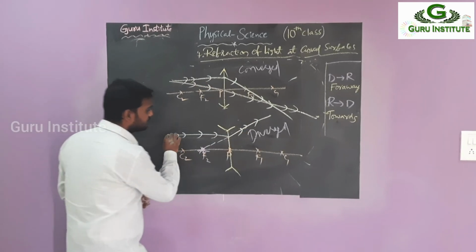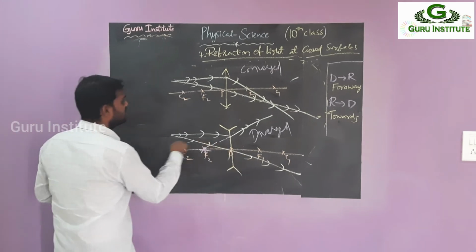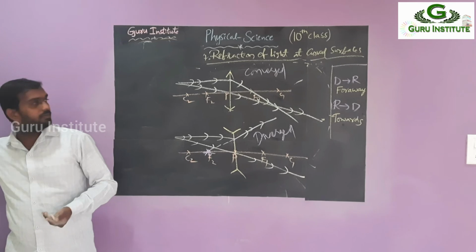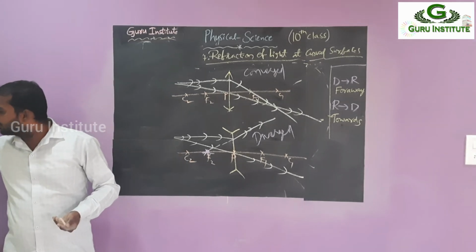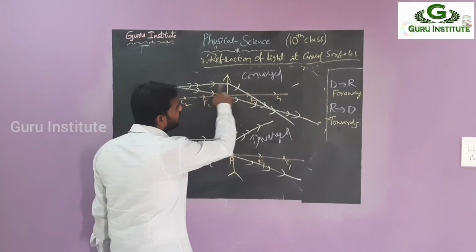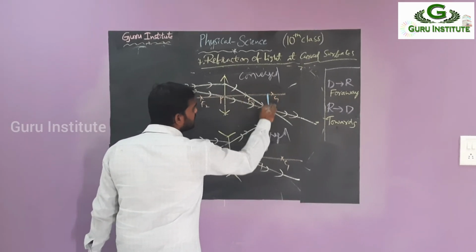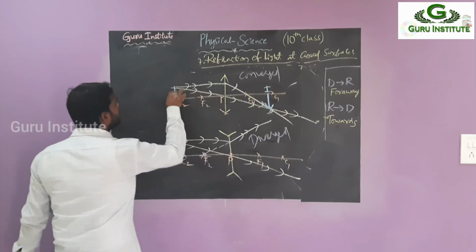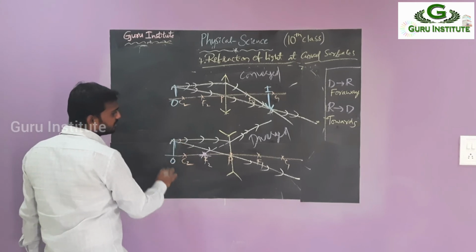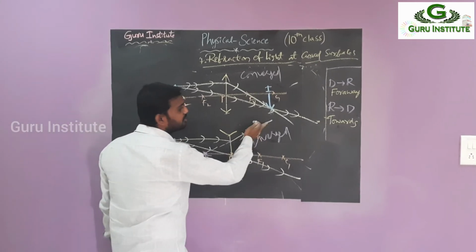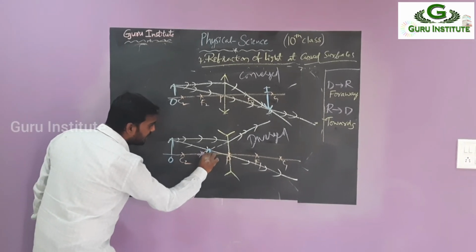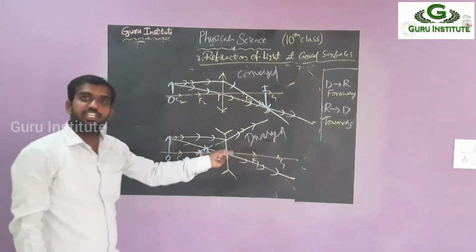Here also the same. Right. What is our image nature? Wherever the refracted rays or reflected rays meet, there the image is found. Where are they met? Parallel to here, these are met. So this is the image, I, and somewhere the object is there, O. Next, here the object is there. Where is the image found? These rays are not meeting; this one is going upside, this one is going downside. Where they meet after extension, the image is found here. Just observe here, I. So from this one we can know the image nature also.